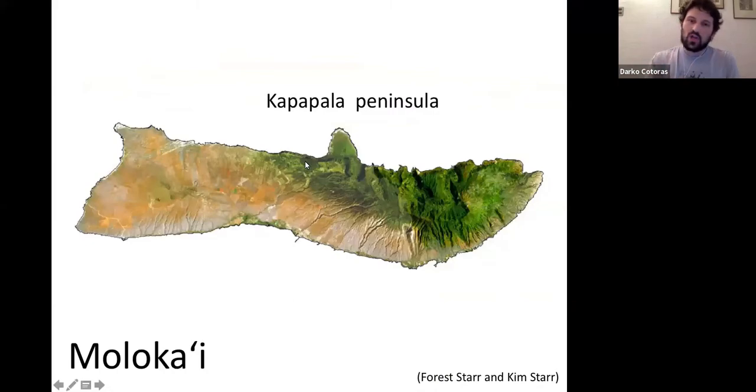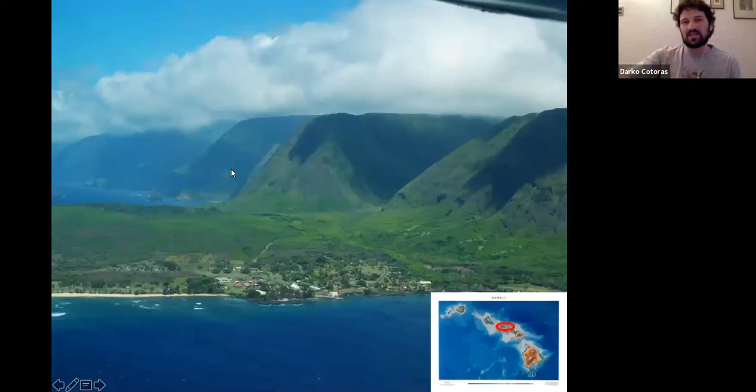As part of the Maui Nui complex, we have the island of Molokai, which has a very strange shape. Well, it's not strange, but it's curious. It's like a rectangle. And if you look closely at the south side, you will see all these ravines, which don't seem to have a mirror image on the other side. Instead, there's this clear cut associated with very steep cliffs